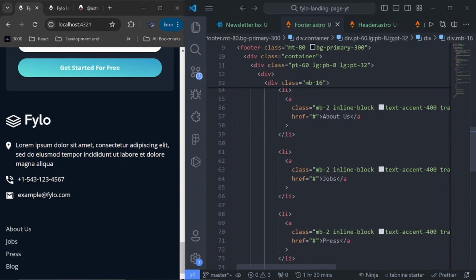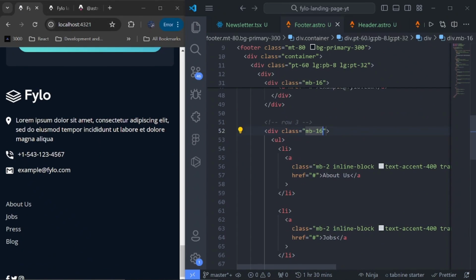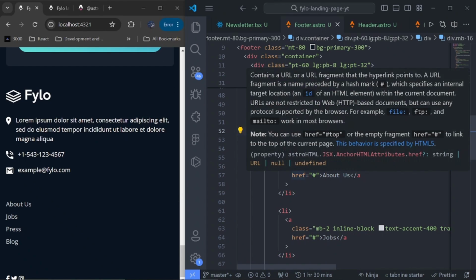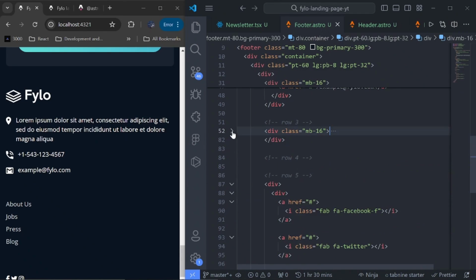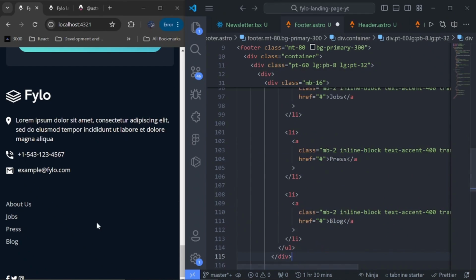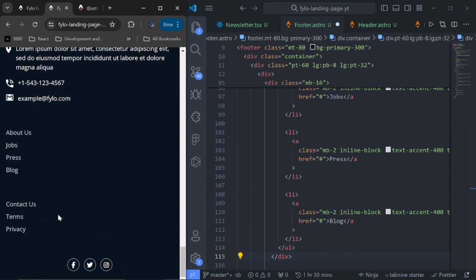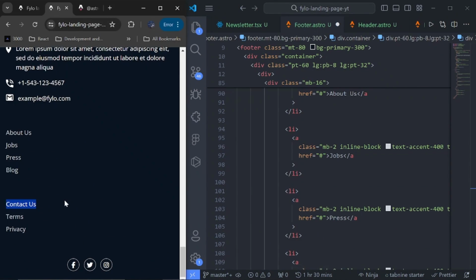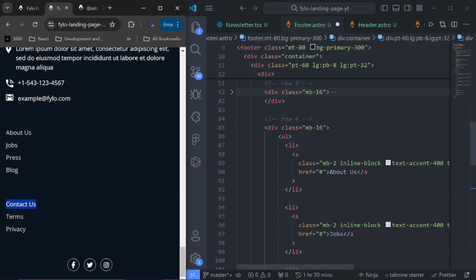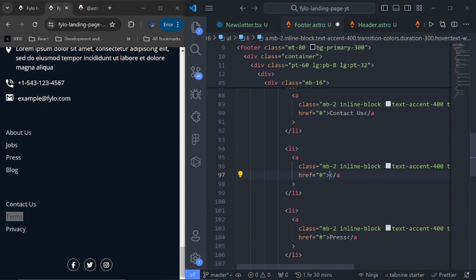Then now we can just copy this one right here, and paste it here, but this time we'll replace it with this information and say contact, and this should be privacy,